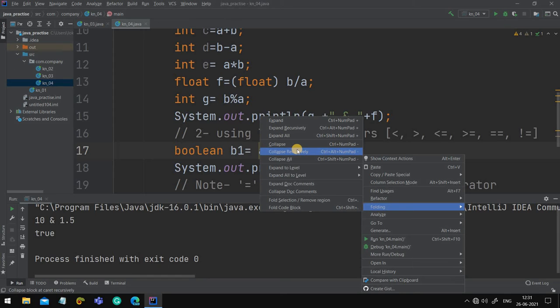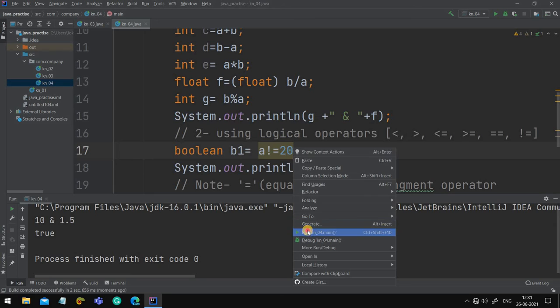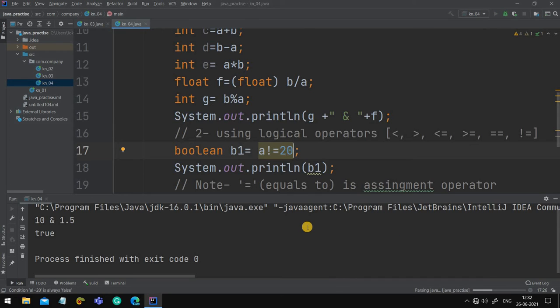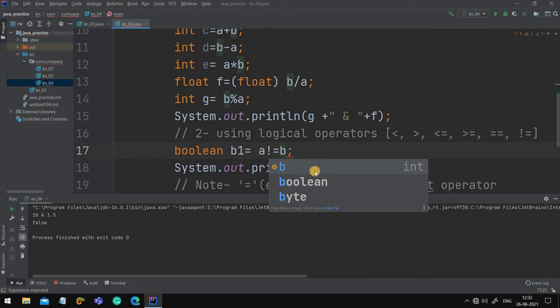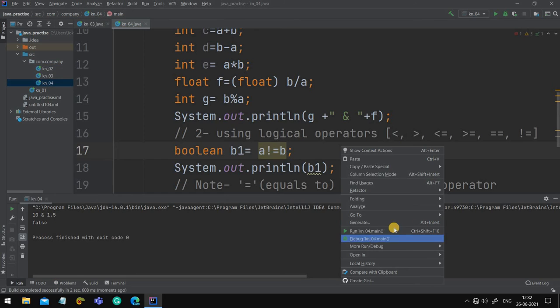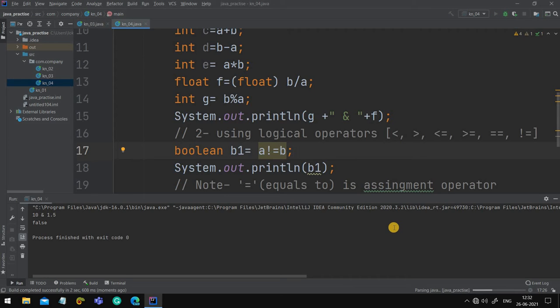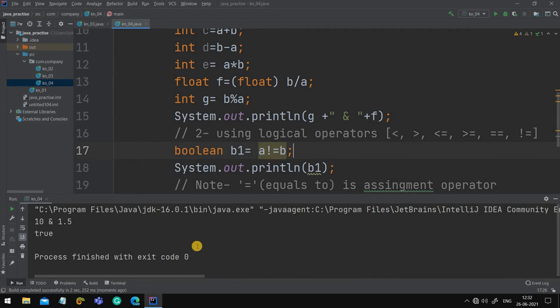So A is not equals to 20. The output will be false because A is equals to 20 basically. But if we change it to B, A is not equals to B, we know. Therefore the output will be true. So this is the use of relational operators. Sorry, not logical, relational operators. These are relational operators. By mistake I told them logical.